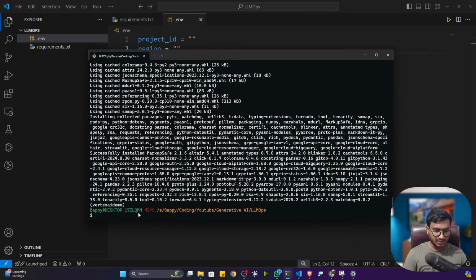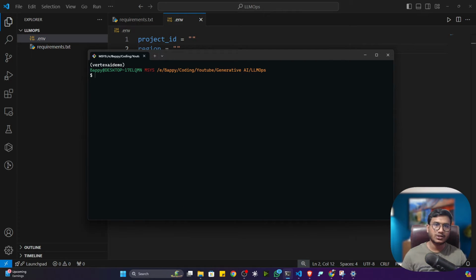All right, so installation is completed. Now let's do the configuration with our gcloud. For this, you have to execute this command called gcloud init. Just try to execute this command, guys. If I execute this command, you will see that